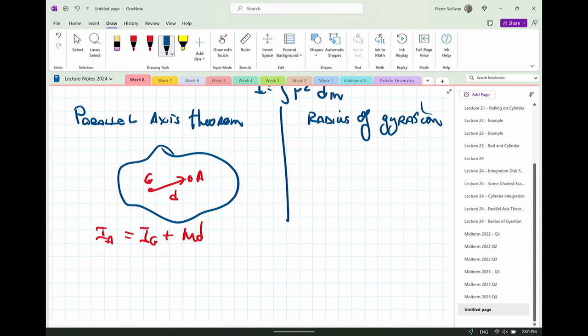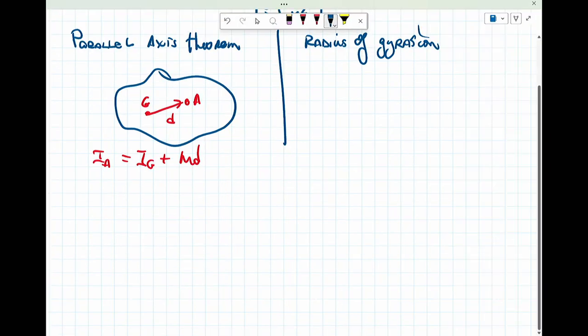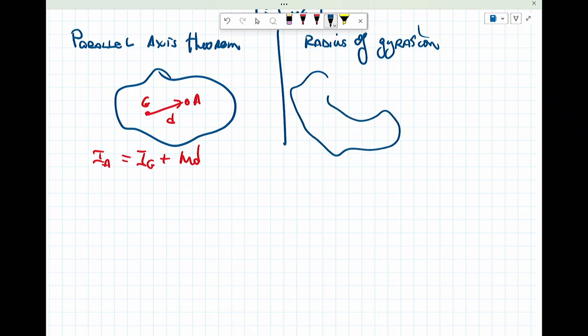We might give you an object and say the radius of gyration is 1 meter. We may say to you, this is a pinpoint on a long slender rod, and we expect you to find what that is. And so you end up with sort of these odd shapes where you have a center of mass here,